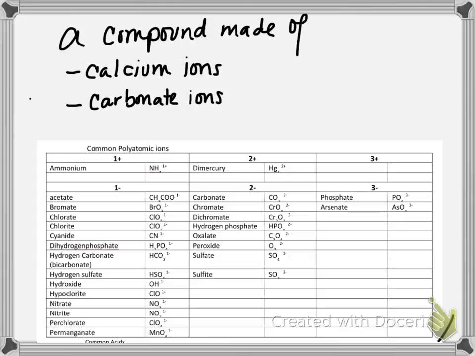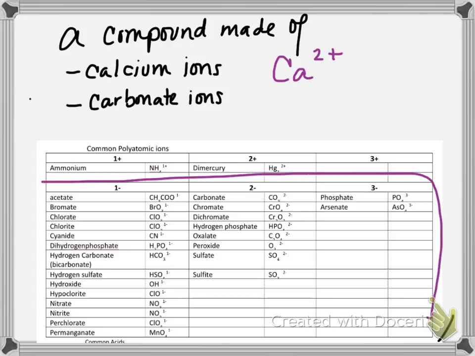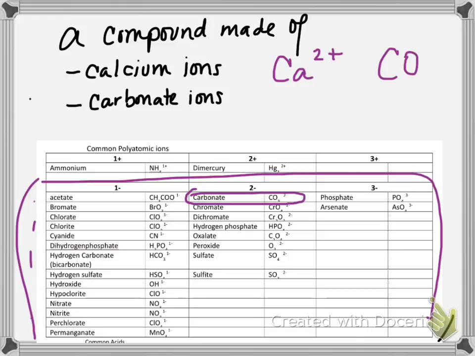Just as we've done before, your first step is to write the ions. And you know that calcium forms a 2+ ion because of its location in group 2 on the periodic table. Now the carbonate ion is going to take some looking. Because calcium's positive, we know that carbonate must be an anion, so we know we're looking in this part of the chart. And if we look down the list, we pretty soon come to the carbonate ion. A little hard to read on here, but the carbonate ion is CO3